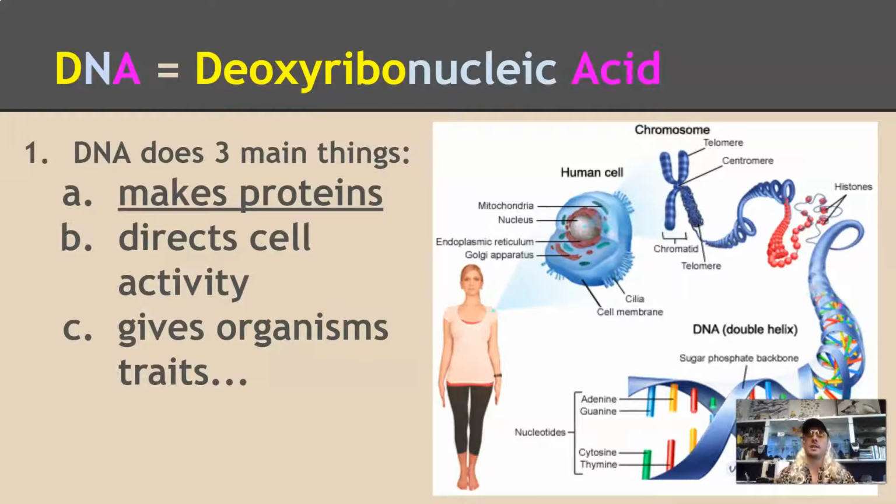But it's important to understand that DNA does 3 main things. First thing that DNA does, and the most important, we're going to focus on that today, is DNA makes proteins. We're going to talk about what proteins are in a second, but in a nutshell, proteins do everything in biology. They're the workhorses of the living world. They have many functions. So DNA is the code that makes those specific proteins, and living things have different proteins, right? I have my proteins. This plant has its proteins. We actually share many in common because living things do many things in common.